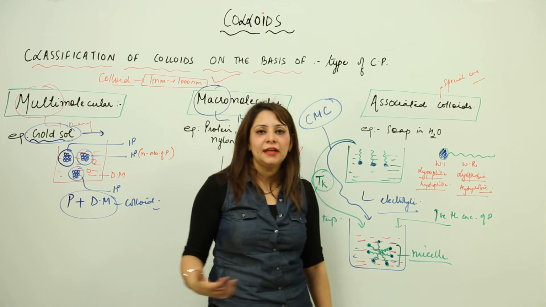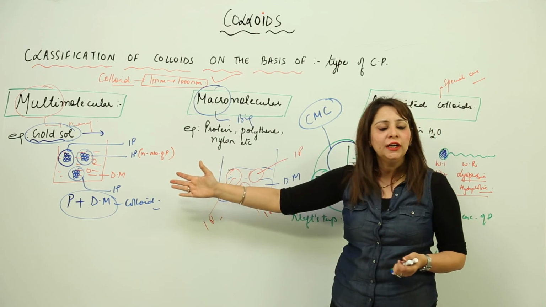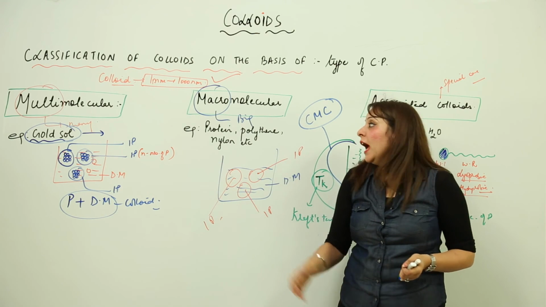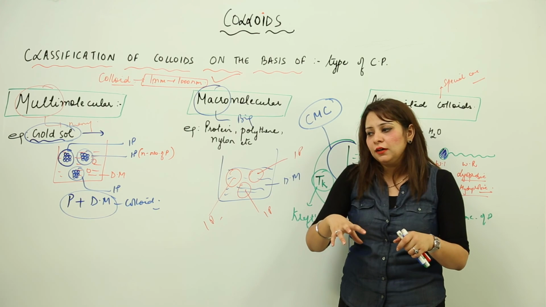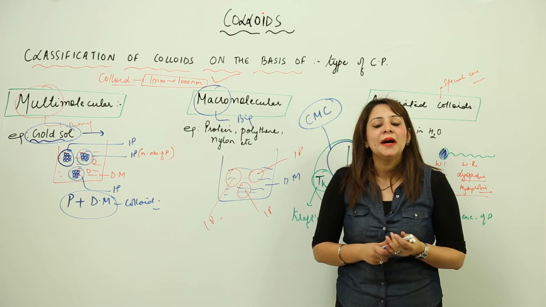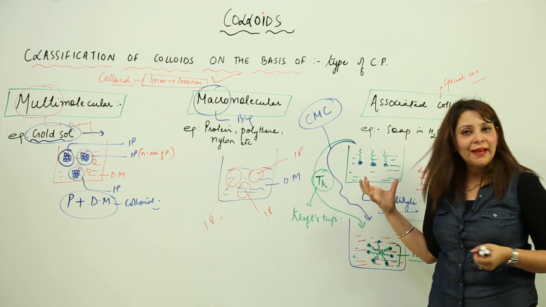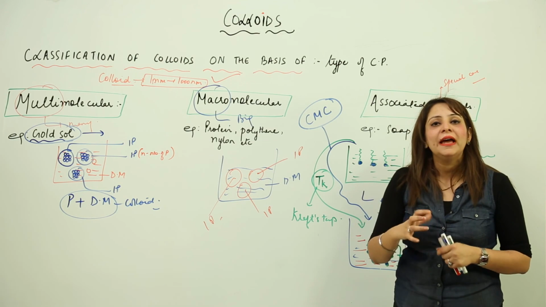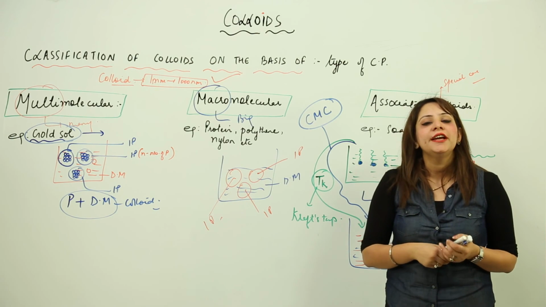I have already discussed that on the basis of types of colloids, we have multimolecular, in which n number of particles aggregate to form one colloidal particle. The other one is the macromolecular, in which the particles do not break into any further particles or get associated. A single particle acts as a colloidal particle because its size lies in the colloidal particle range. And associated colloid is a special case in which the particles are electrolytes, but at Kraft temperature and at CMC they transform into micelles, and the size of micelle lies in the range of the colloidal particles.